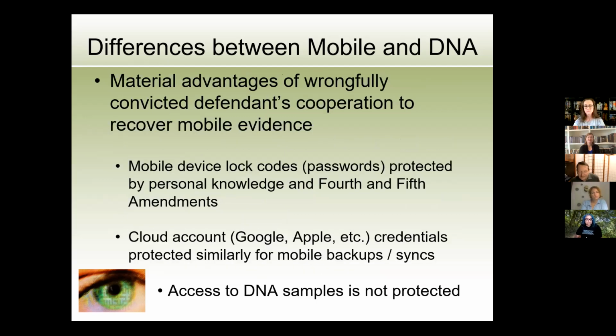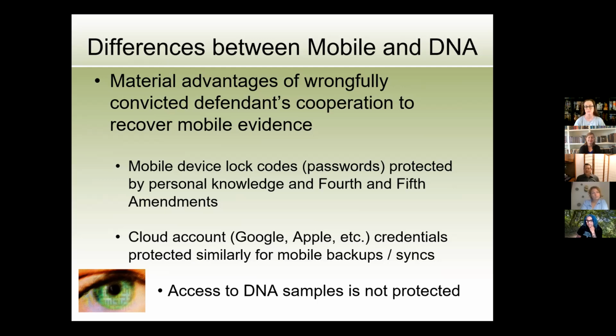And here's the point, if you're doing post-conviction work or criminal defense work, guess what? The defendant's going to cooperate with you. And that is huge. Law enforcement has huge problems trying to bypass passcodes or recover passcodes, whereas criminal defense lawyers and post-conviction lawyers don't have that problem. Because what? The convicted defendant is going to tell you what it is. And so the Fourth and Fifth Amendment are easy for criminal defense and post-conviction lawyers to bypass. Whereas if you're a prosecutor or a detective, you're never going to know what the password is. So you have a much bigger challenge. It's one of the few things in criminal justice that I think goes the way of the defendant.